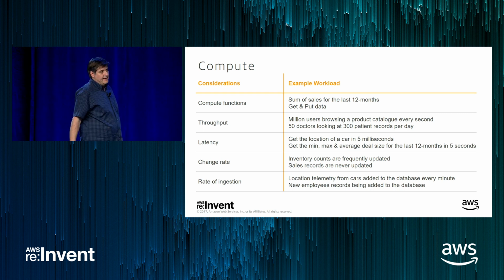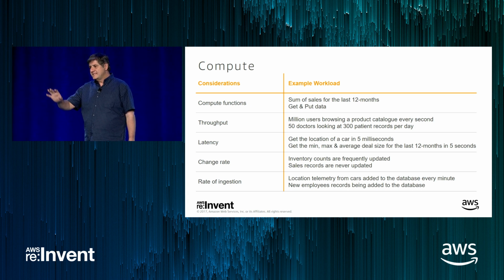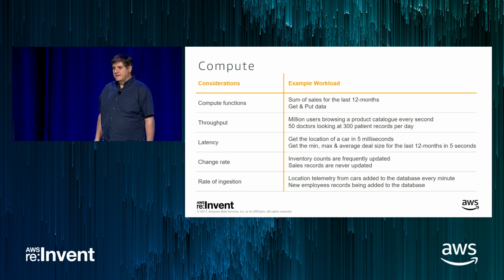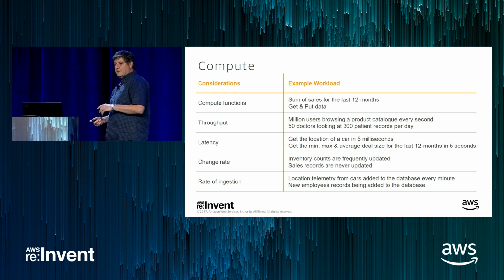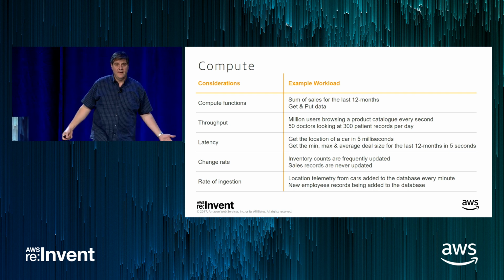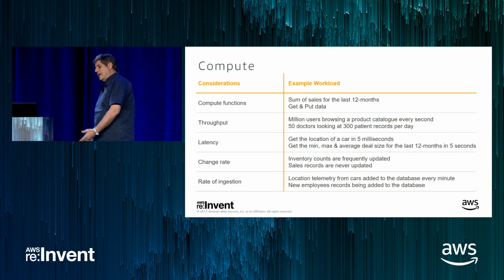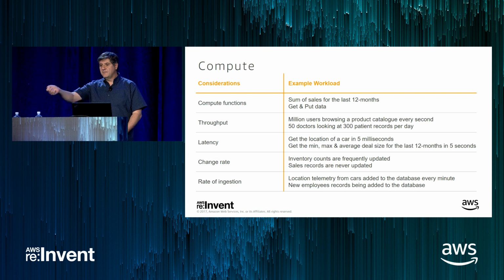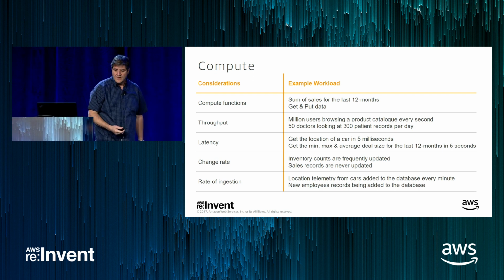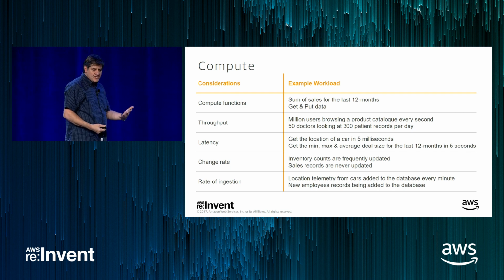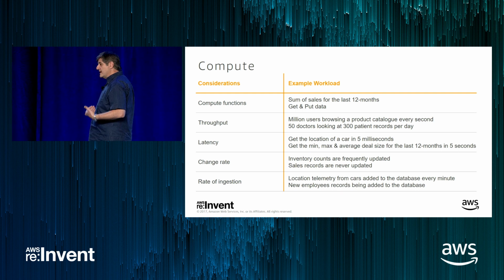That's very different than saying, go calculate the sum of these 10 billion rows, a particular column, and give me the answer. There you are perhaps processing a terabyte of data and coming out with the answer 7, versus in the other case where you're basically saying, give me the row, give me the item, give me the document, right? Throughput, latency, change rate, rate of ingestion, these are all things that you have to consider when choosing